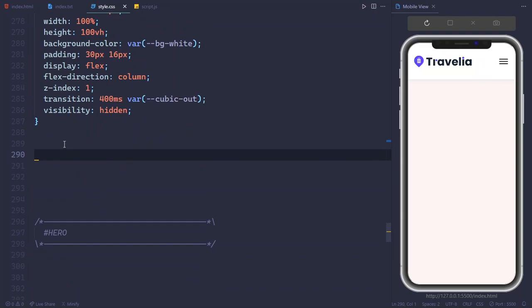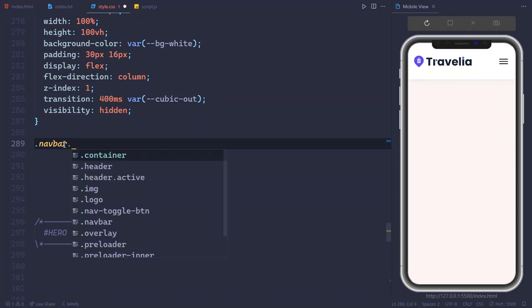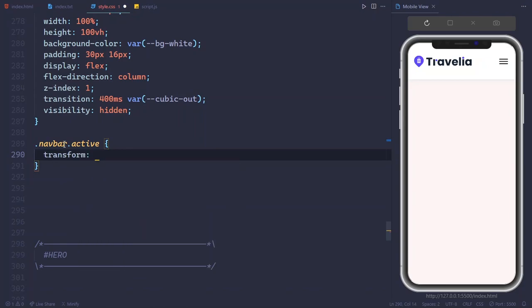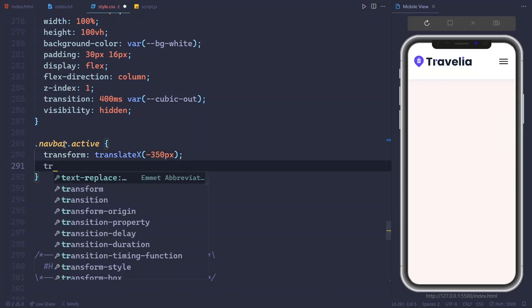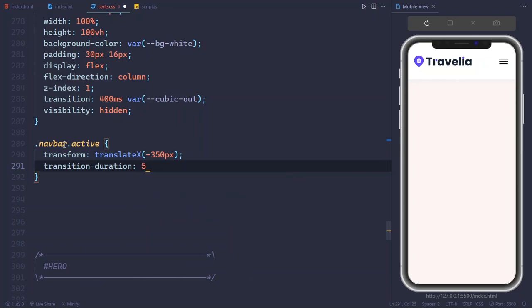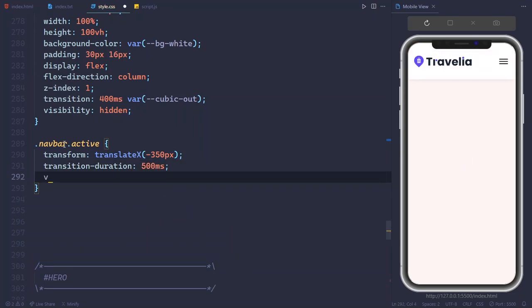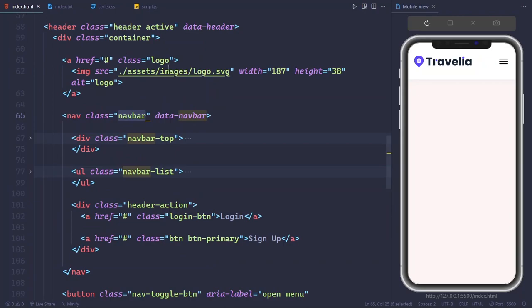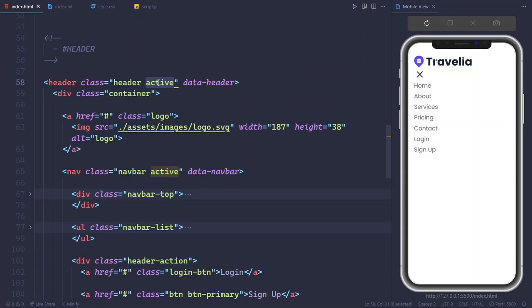And after that, when navbar will be active, transform translateX will be minus 350px and transition duration will be 500 millisecond and visibility will be visible. So let's check it. Here's the active and just paste it. Alright,